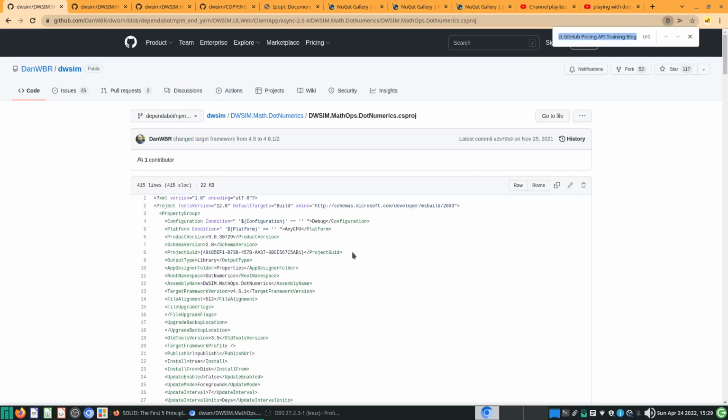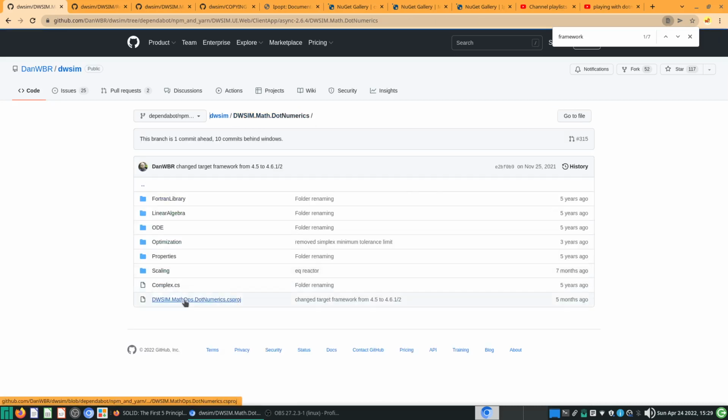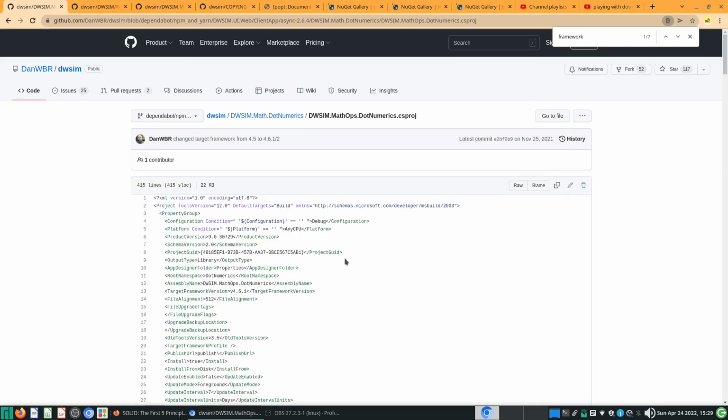If you take a look at framework, you search framework here, you'll see this target framework version 4.6.1. This is .NET Framework and it's specific only to Windows. And migrating functions from .NET Framework to .NET Core is a huge amount of work to do because not everything is available. For example, when one uses Windows Forms,